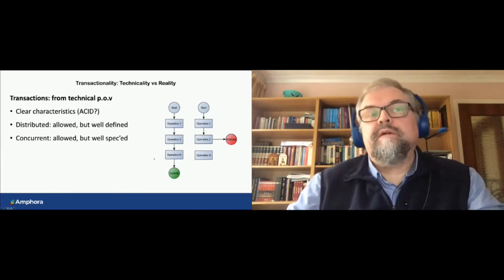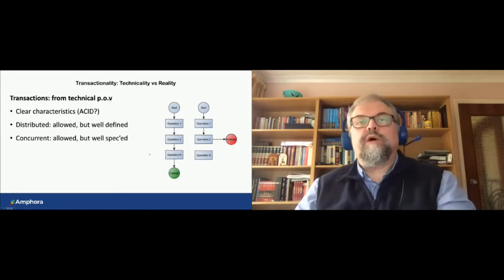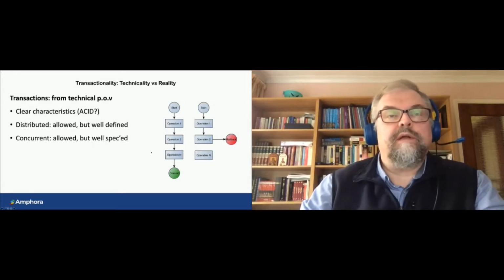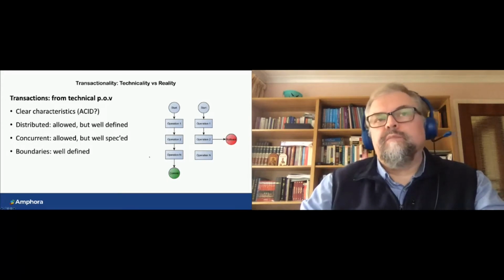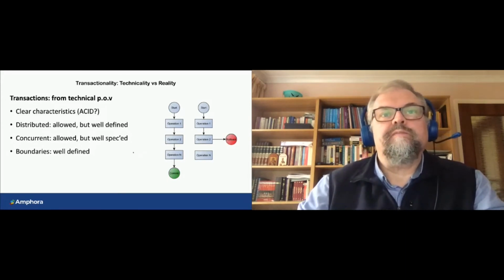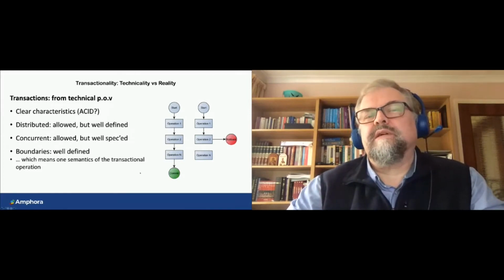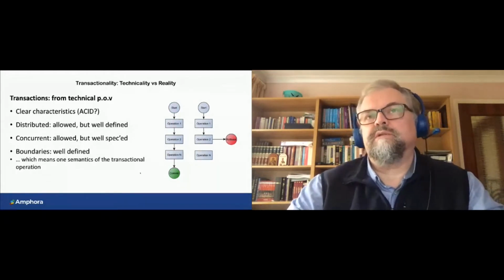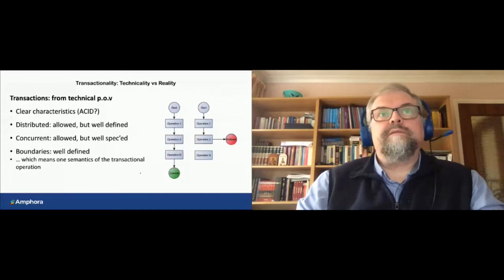Concurrent transactions, again, are allowed, but they are well spec'd. We have isolation levels, for example, in SQL. You know what to expect. You know when to use one or another, and it's quite clear. The transactional boundaries, right? You start with begin transaction, you end with commit, and as a result, the semantics of one transaction is quite clear, and it's unique. You know the bulk of operations that you want to go atomically to succeed or to fail, and this is what you get. Now, when it comes to business,